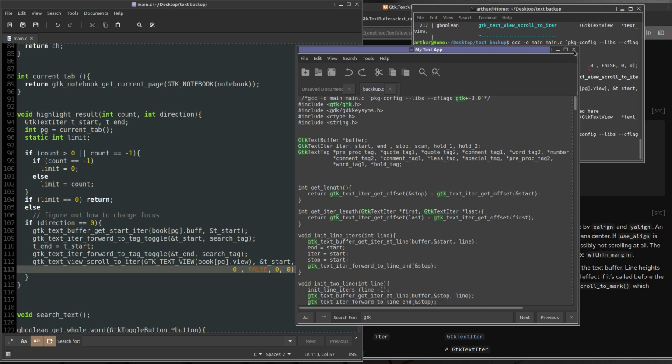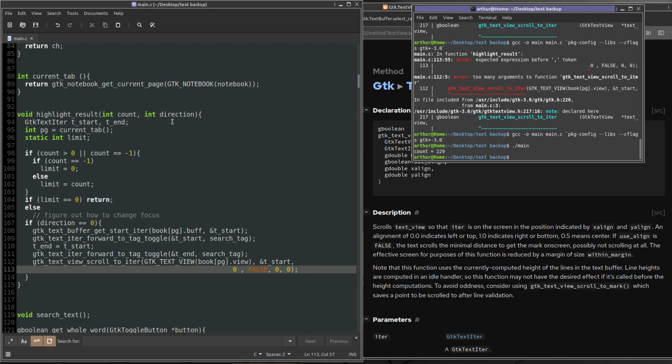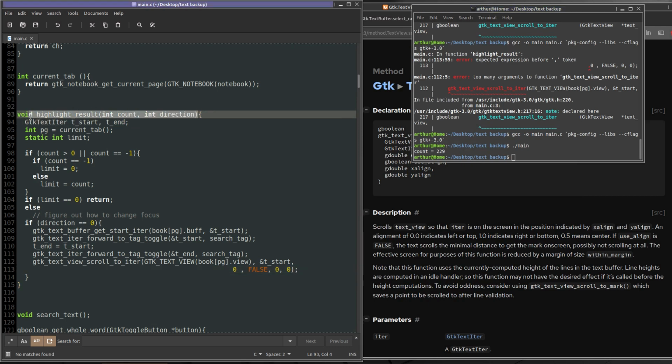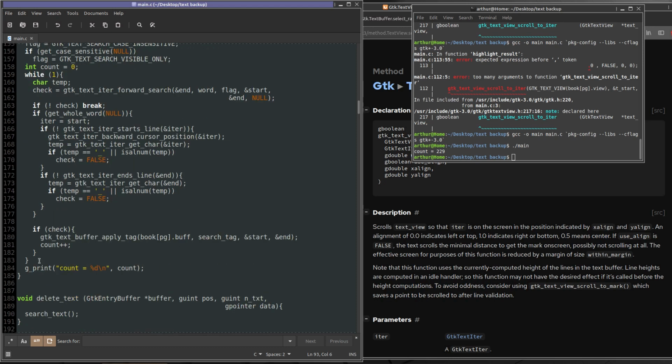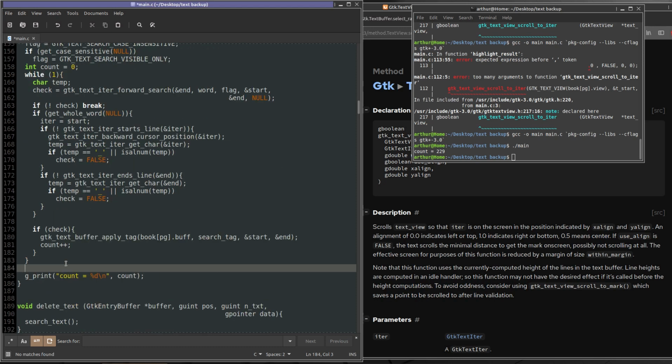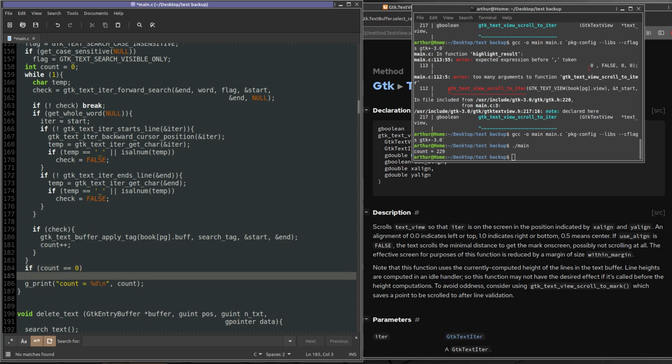Oh, I know why that is. We didn't make a function call. So we have to make a function call from search text. So that should have been obvious. So that would be down here. We're going to go if count equals 0. Tab, we make this function call, highlight result